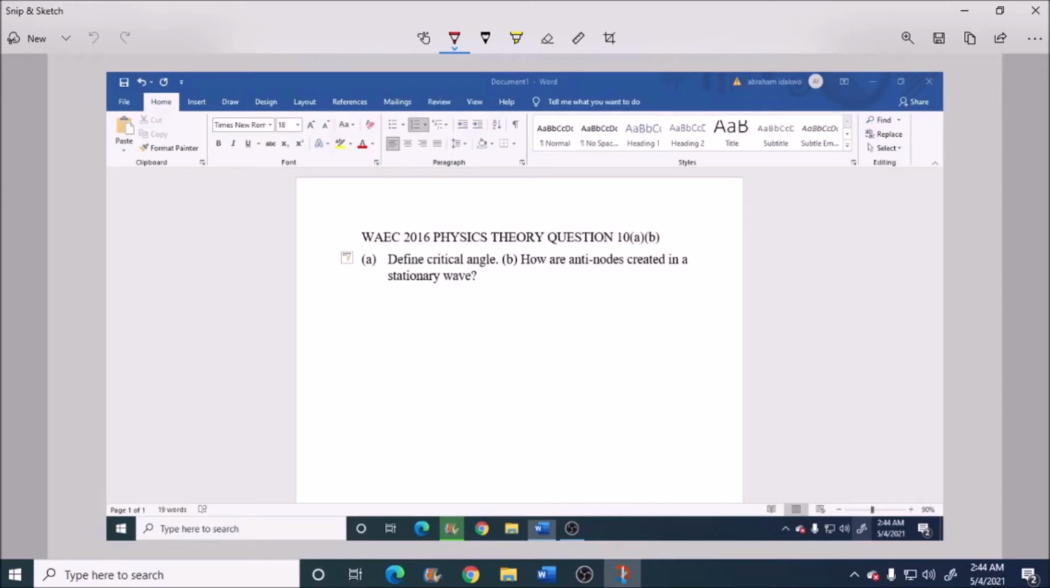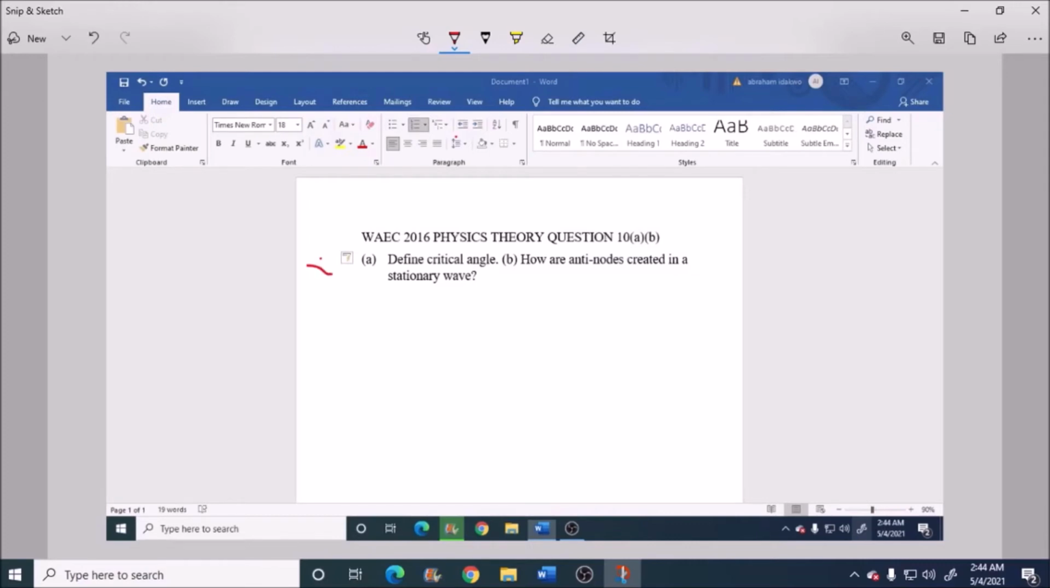Now critical angle is defined as the angle of incidence in the denser medium for which the angle of refraction in the less dense medium is 90 degrees. Okay, so